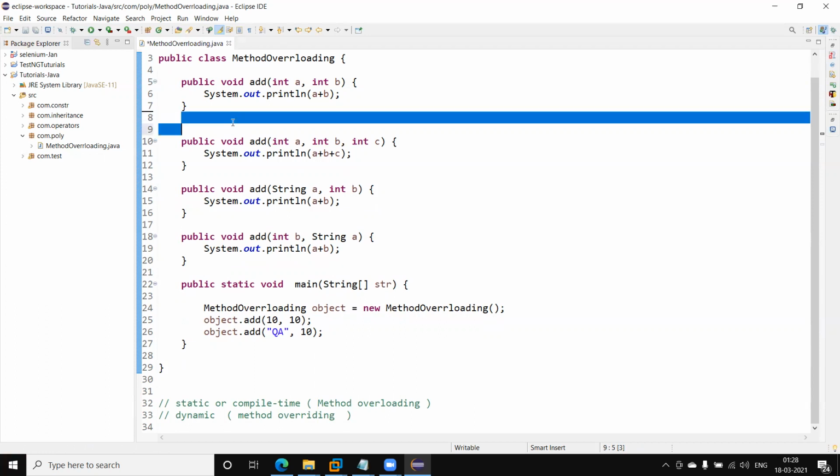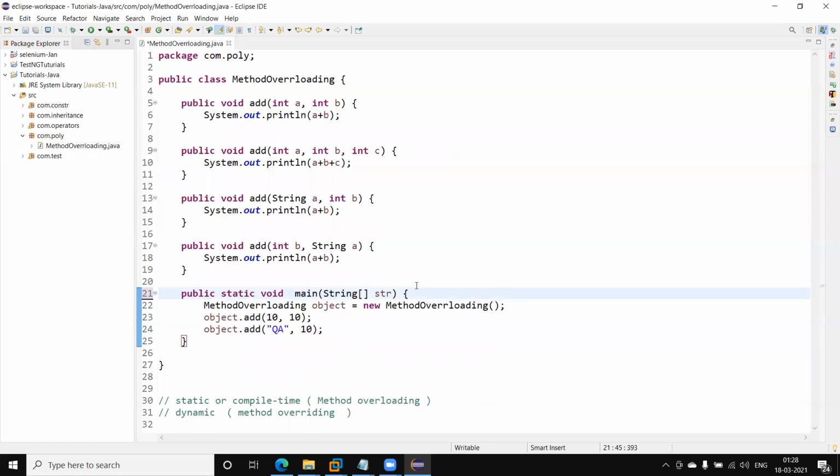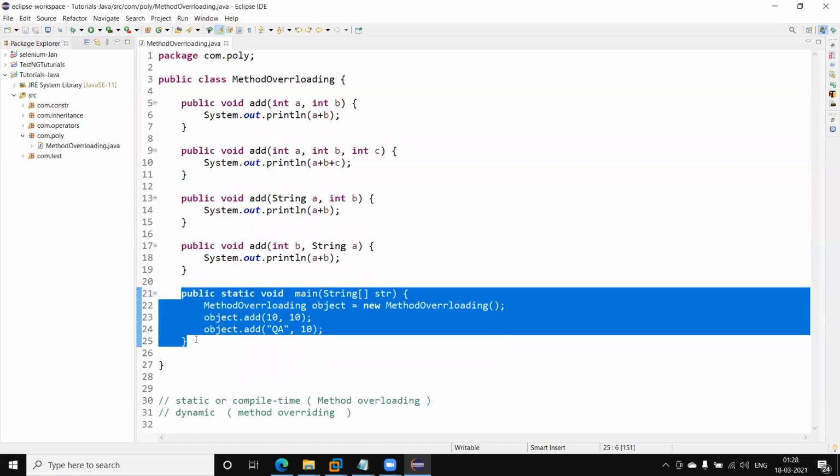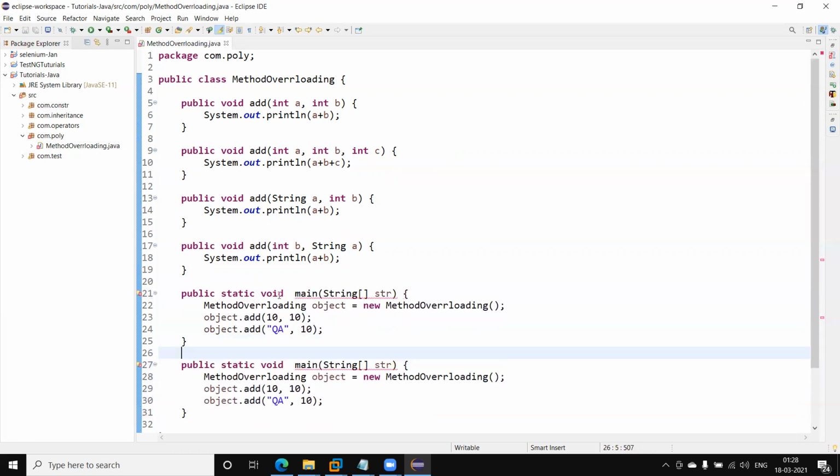Next question: can we override the main method? Sorry, can we overload the main method? Not override. Yes, we can overload the main method. How do we do that?